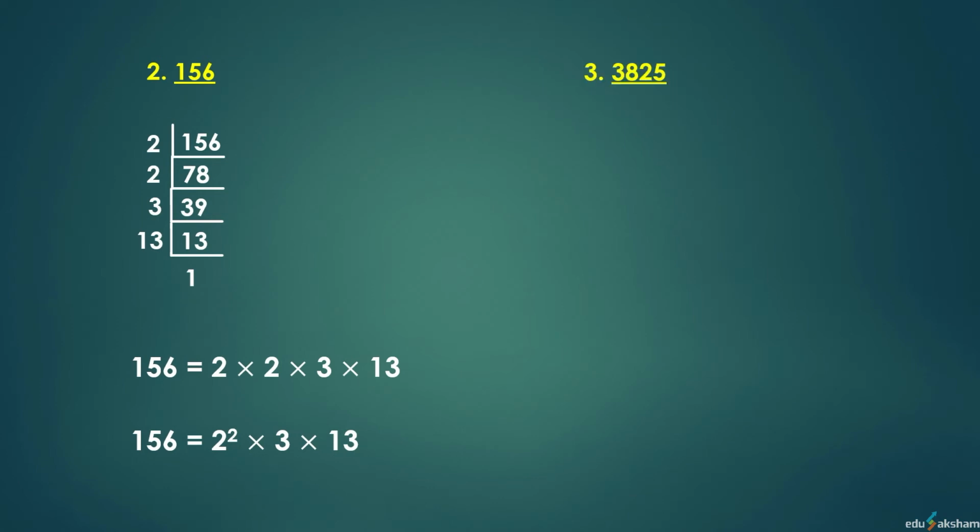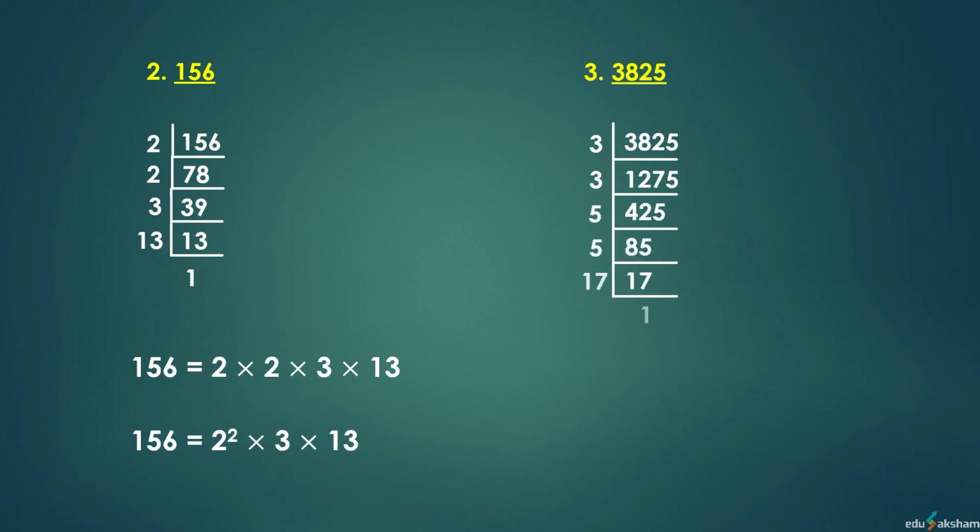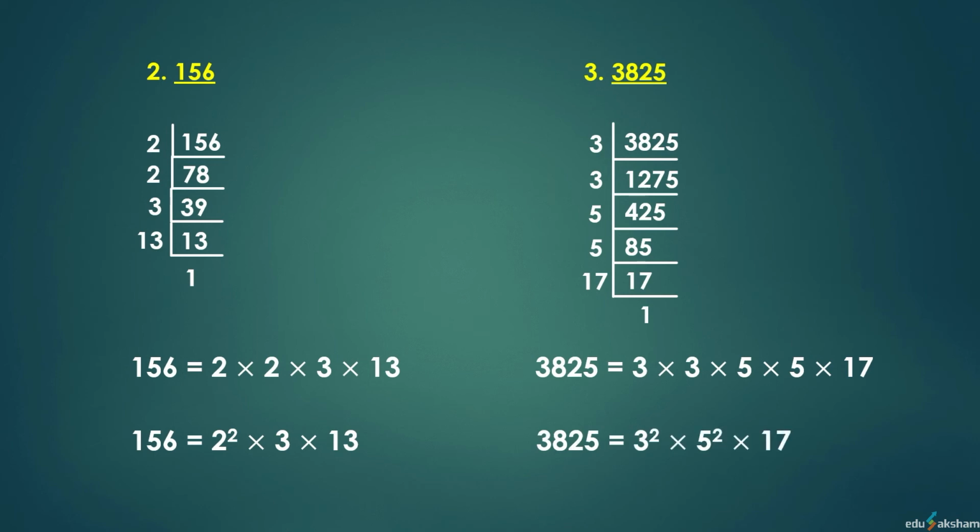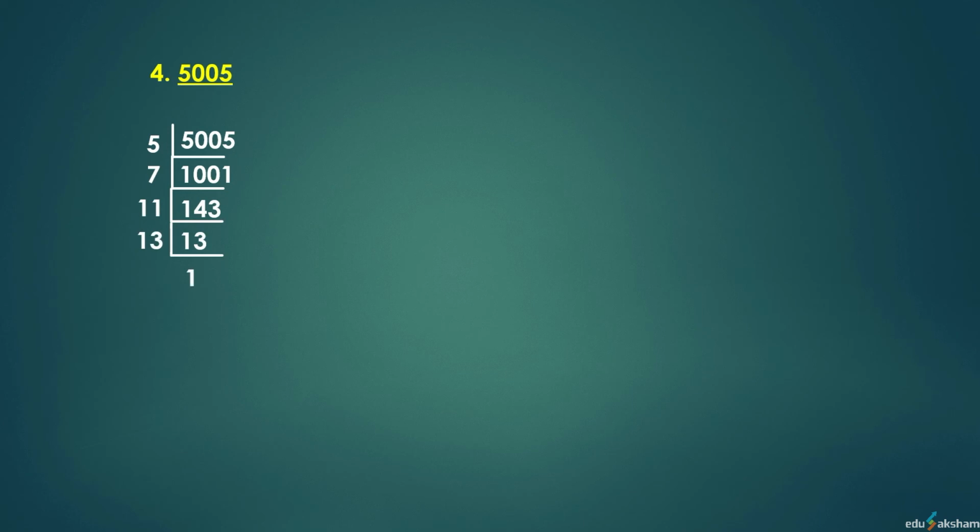Moving on to the next number, which is 3825, we will use a similar method to find the prime factors of 3825. We try to divide it by the smallest prime numbers. We get the prime factors of 3825 as 3, 3, 5, 5 and 17. So 3825 can be represented as 3 into 3 into 5 into 5 into 17, or 3 square into 5 square into 17. Moving on to the next number, which is 5005, the prime factors of 5005 will be 5, 7,